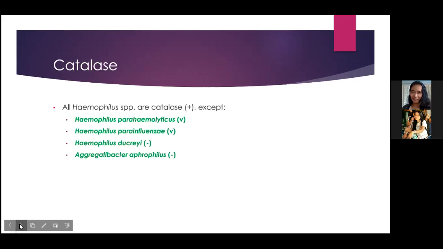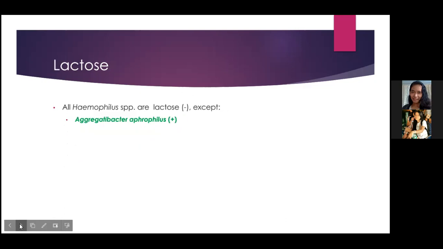For catalase, all Haemophilus species are catalase positive except for Haemophilus parahemolyticus and Haemophilus parainfluenzae, which are variable, and also Haemophilus ducreyi and Aggregatibacter aphrophilus, which are negative. And for the lactose test, all Haemophilus species are lactose negative except for Aggregatibacter aphrophilus, which is positive. And for the glucose test, all Haemophilus species are glucose positive except for Haemophilus ducreyi, which is variable,